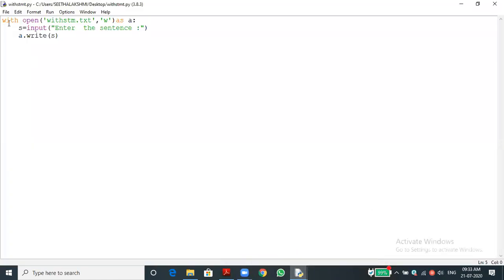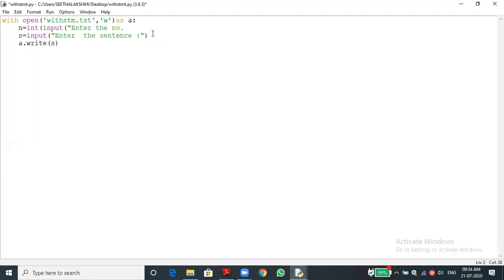You can see I didn't open, I didn't close the function. Sir, can you write multiple lines in it, sir? Why not? By using the for loop, I'm getting multiple lines. For example, before that n, I'm getting n number of lines. Int of input of how many lines we need to enter.